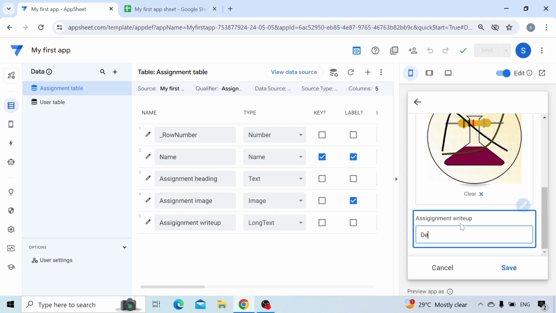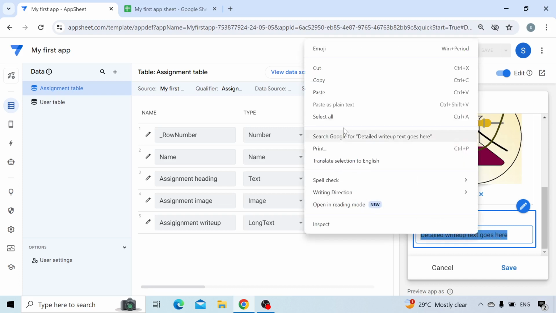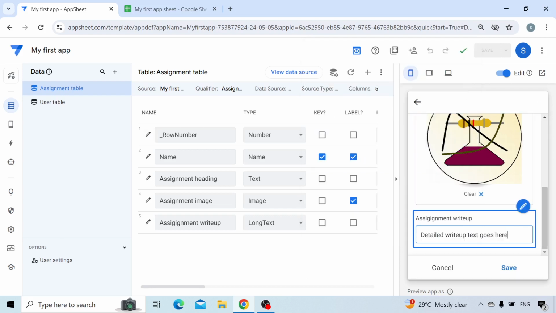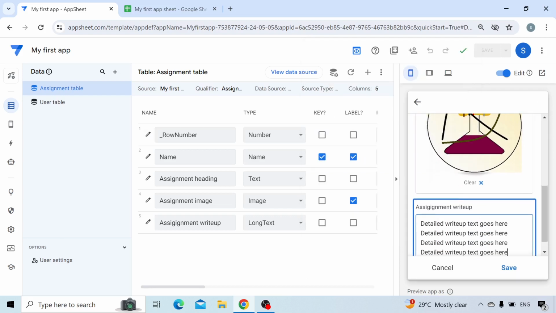So let me write detailed write-up text goes here, and we can paste this again and again,